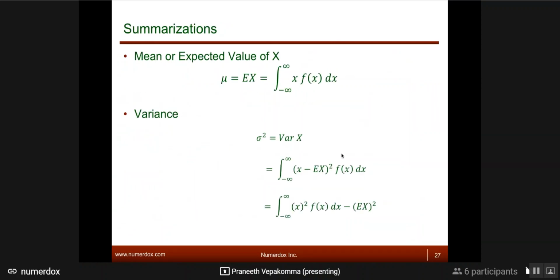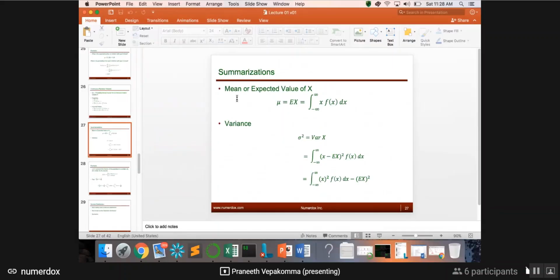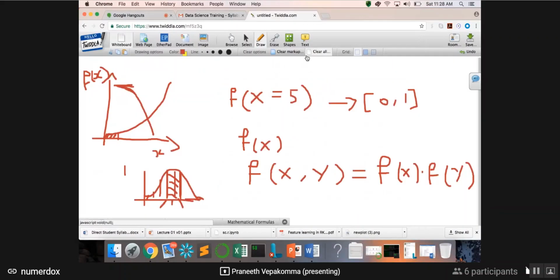Question though, from a mathematical perspective. So let's open it first. You're going to get x squared times f of x, which is this term, plus expectation of x squared times f of x, which is one term, and then you have negative 2 times x times expectation of x times f of x, right? So the thing is, expectation of x is nothing but the expectation itself. So let's write this down. This should be doable.